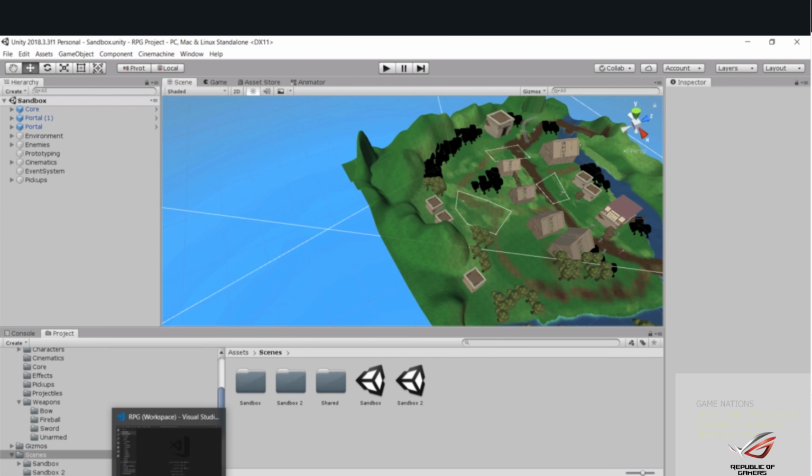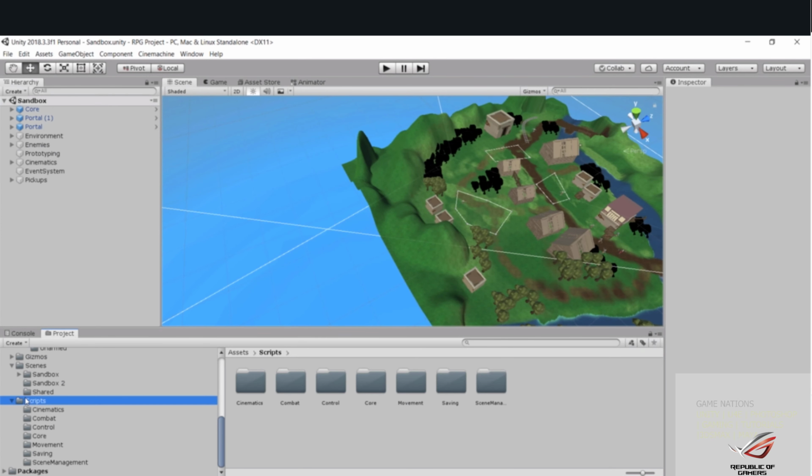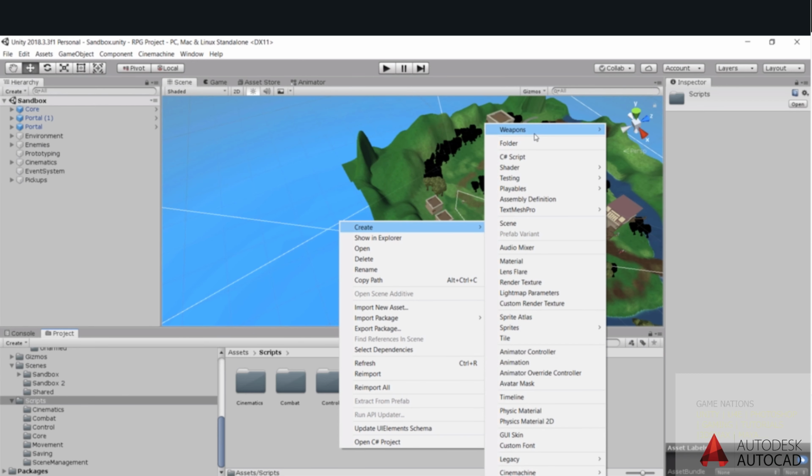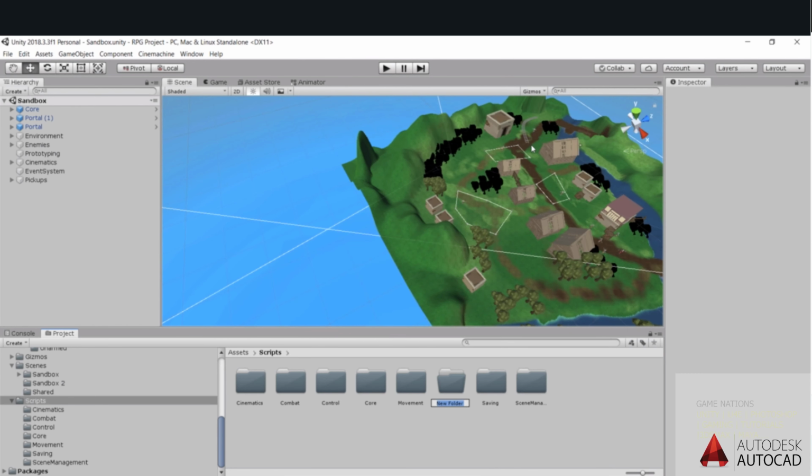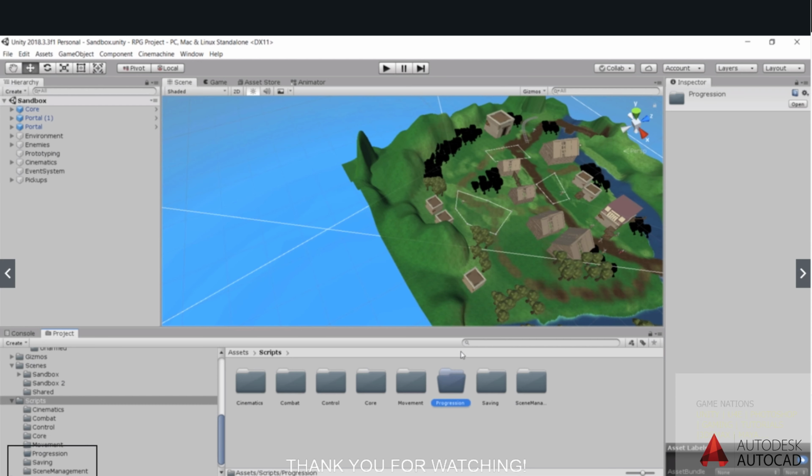I'm going to create a new folder, first of all, in scripts. And I'm going to call this folder progression. No, actually, scratch that. I'm going to